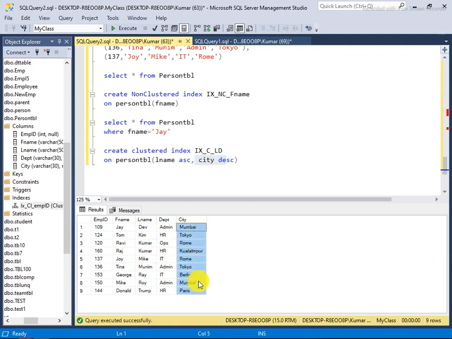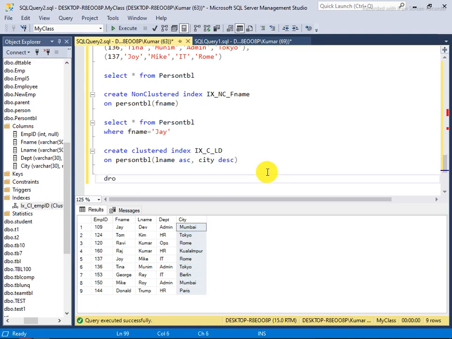But what happens if both are sorted in the same way, with the same value in the order? You can check it. Otherwise, I can drop this index and make both ascending.